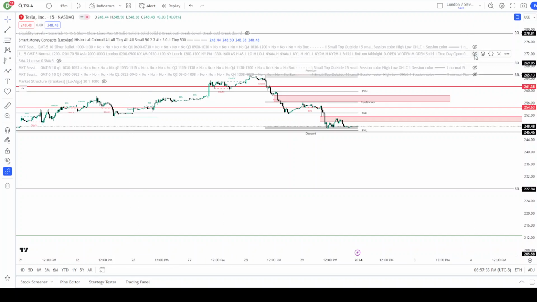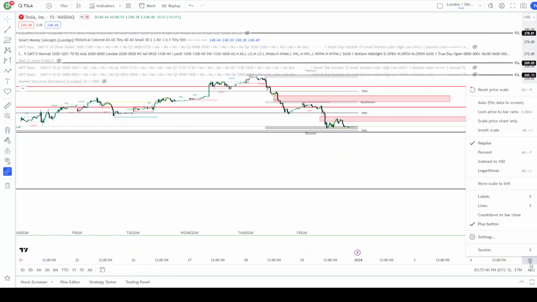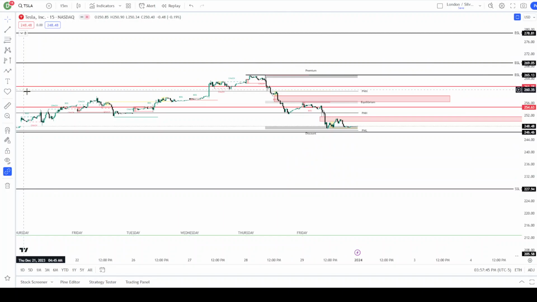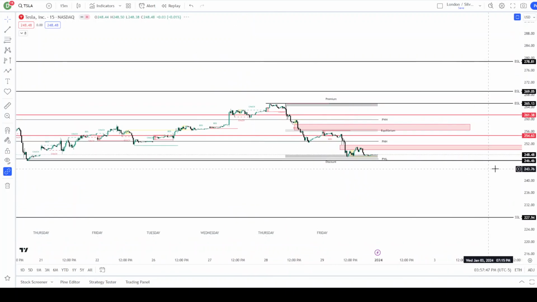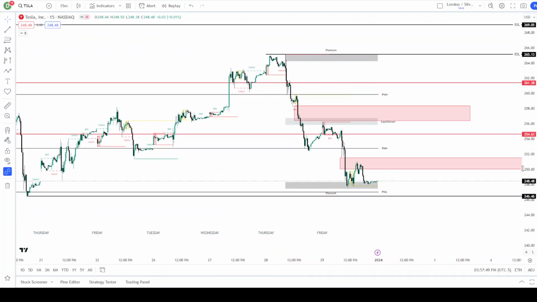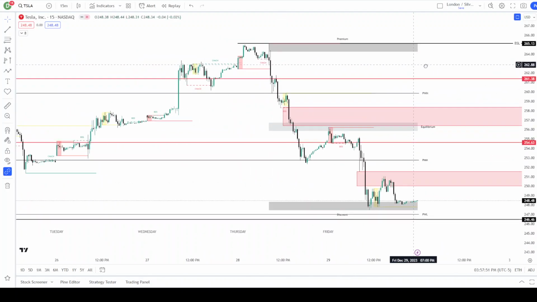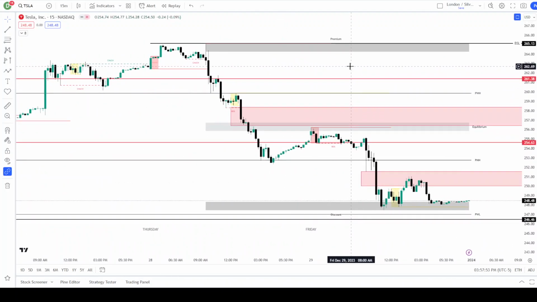So what I'm going to show you here is the London session with extended trading hours turned on. And so what you can see is where the London range was. London range can give you important information, doesn't always, but oftentimes what you see is London range develop,